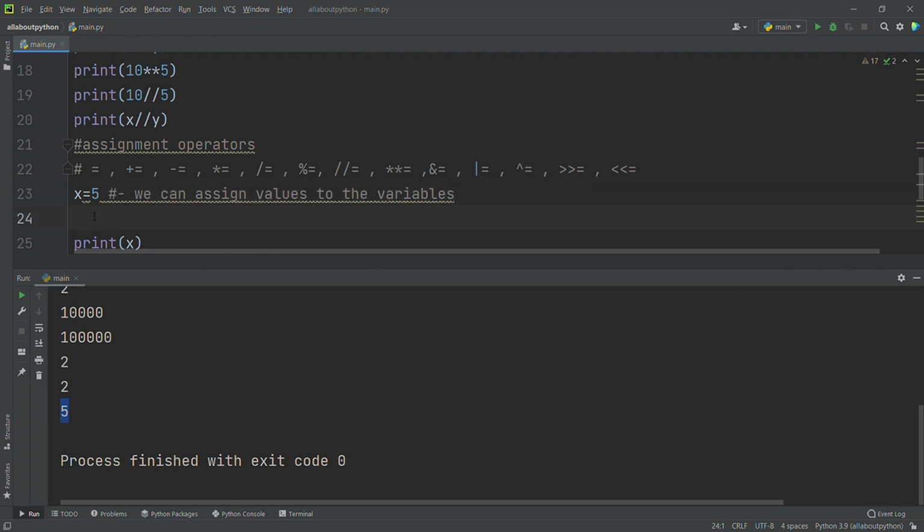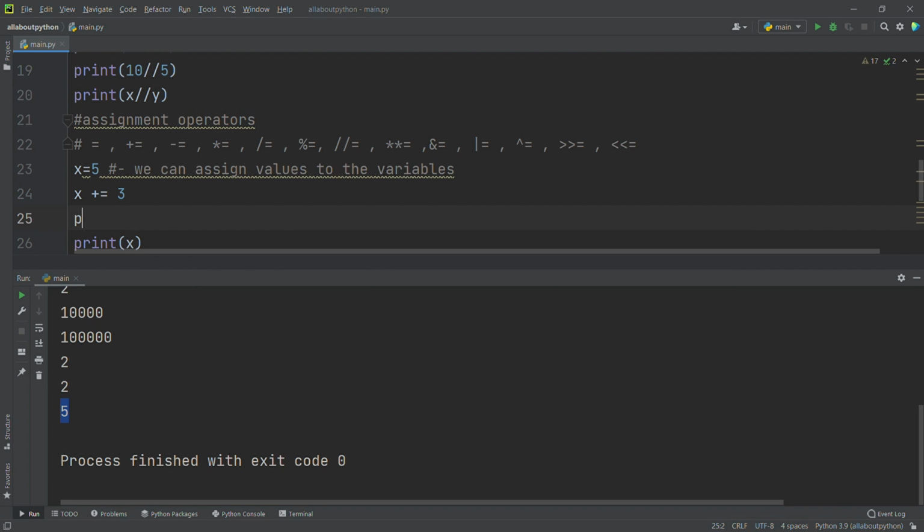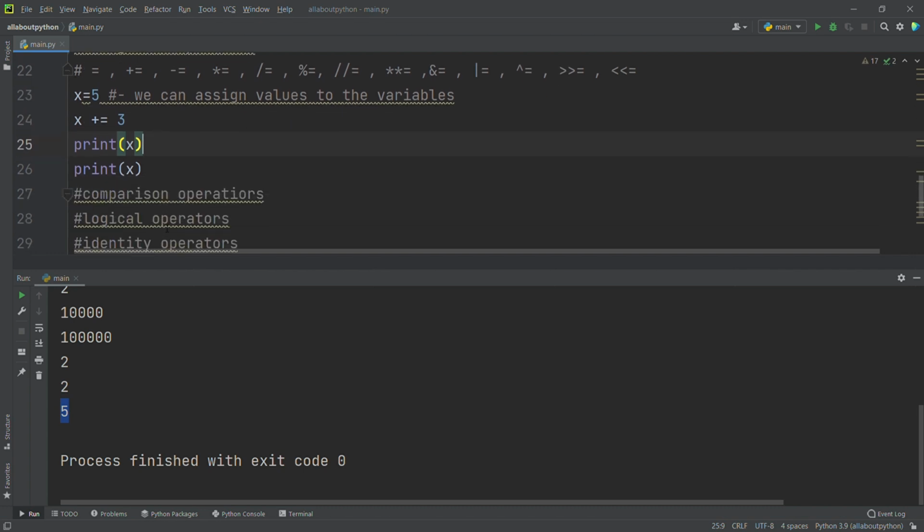Okay, and plus is equal to, how is it going to work? x plus is equal to 3. First I will run this. I hope when I run this you are able to understand how it works. This print statement I will put above, so that you will be able to understand, because if I had put it below, it would print the same result.